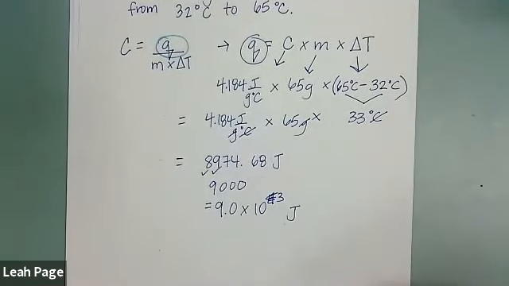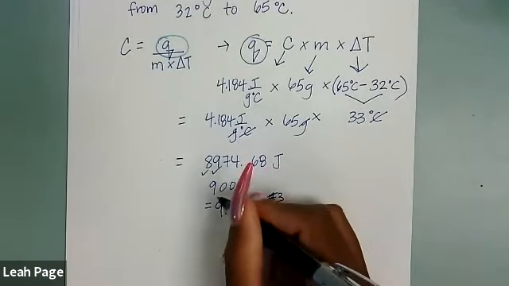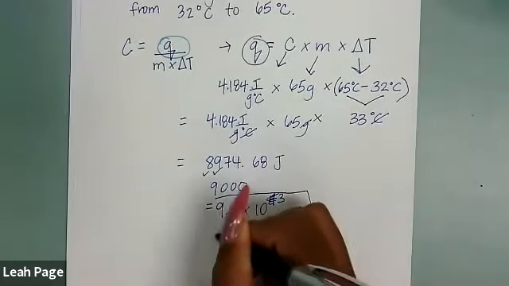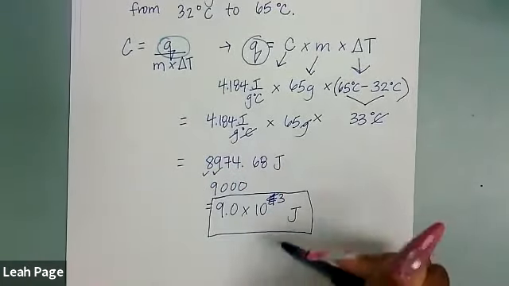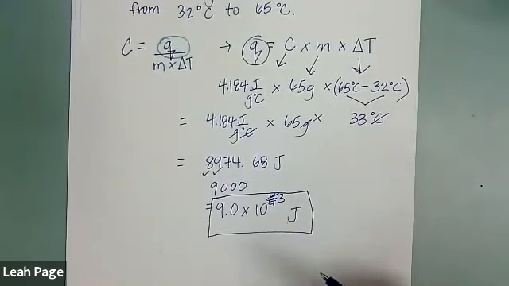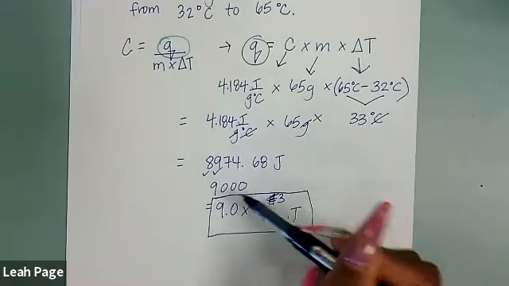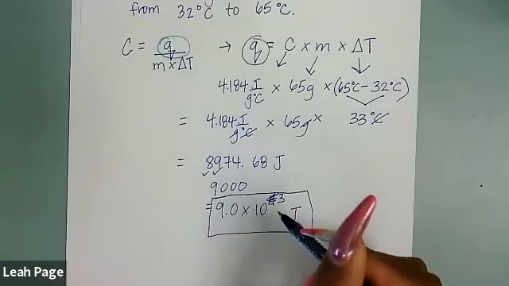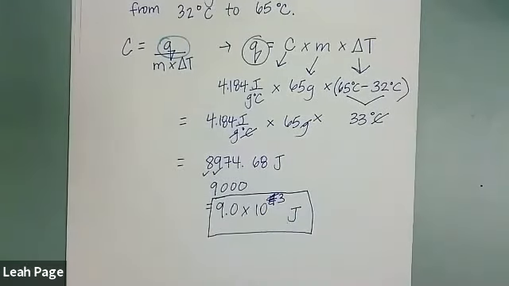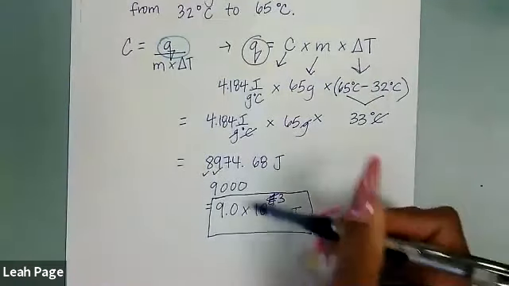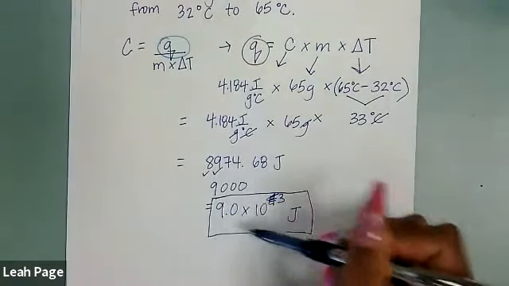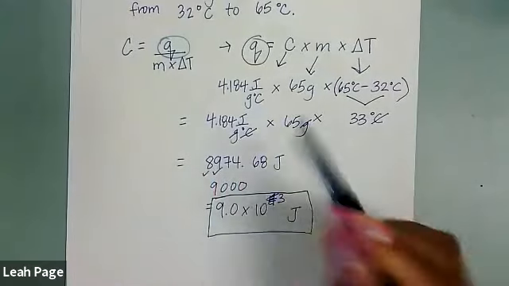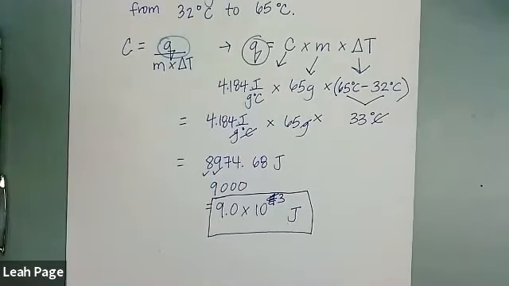Do we see that? This is an example of where you'd have to write your answer in scientific notation to express the correct number of sig figs. If you put 9,000, that's only 1 sig fig, you probably lose a point. If you put 90, that's just not correct at all. I'd still probably only take off a point, but you need to make sure that we know, that's why it's important to understand how to write it in scientific notation. Okay?